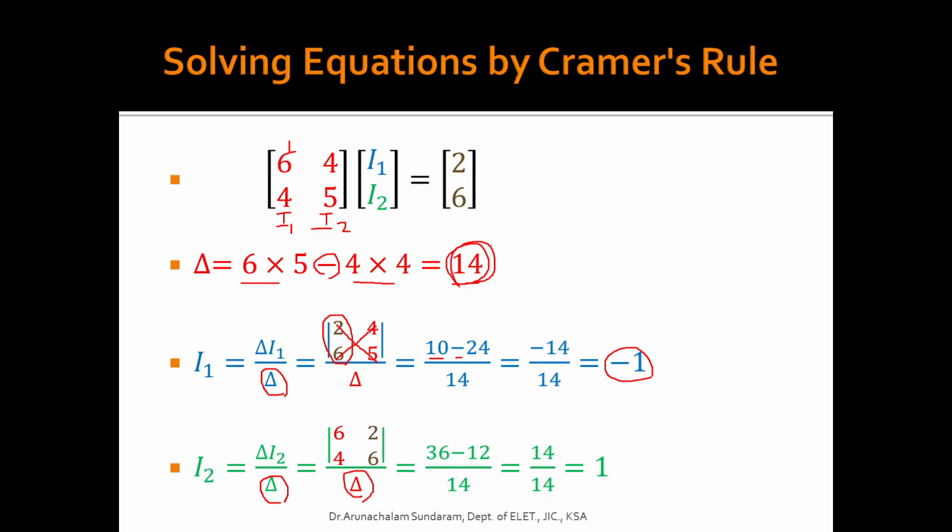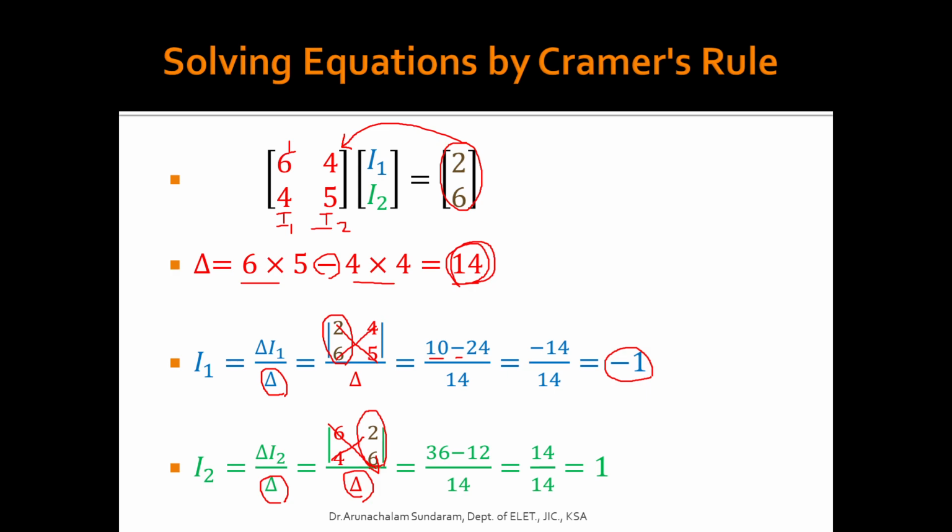Very simple. Replace this constant in the place of I2. So remove the column corresponding to I2 and replace it with a constant. See here, this is 2 and 6. Then we have to do the determinant. 6 into 6, 36, minus 4 into 2 is 8. So 36 minus 12 is,